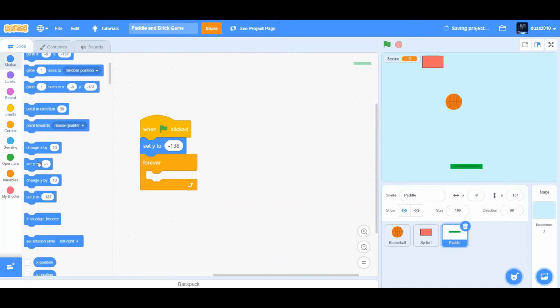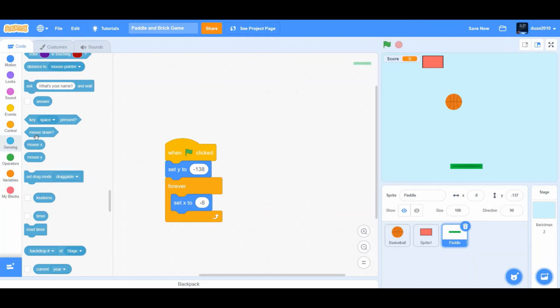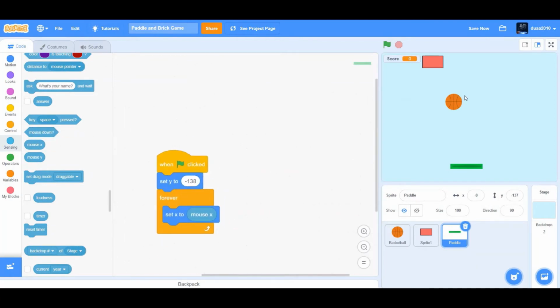And then we want to set mouse x. So set x to mouse x. What will happen with this piece of code? Set x to mouse x will make sure that when we move our mouse towards the right, the paddle moves towards the right, and if we move our mouse towards the left, the paddle is going to move towards